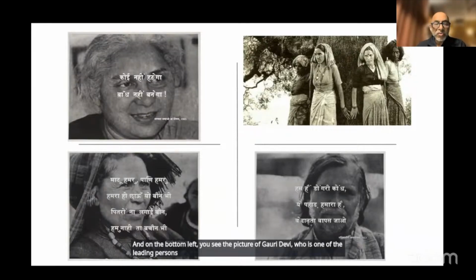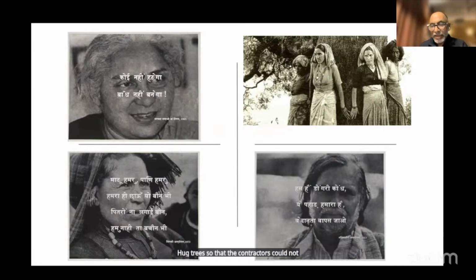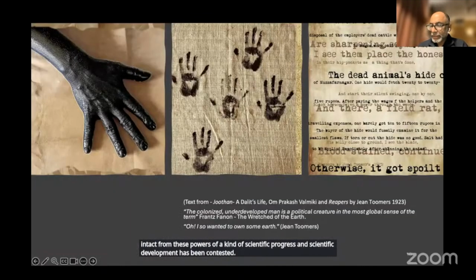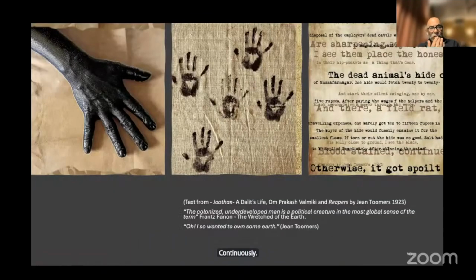led the famous Chipko movement, where women, as you see in the upper right, hugged trees so that the contractors could not cut them. So this idea that nature was something which local people wanted to protect and keep intact from these powers of a kind of scientific progress and scientific development has been contested continuously. This is a work I did recently about looking at what I just call the Dalit